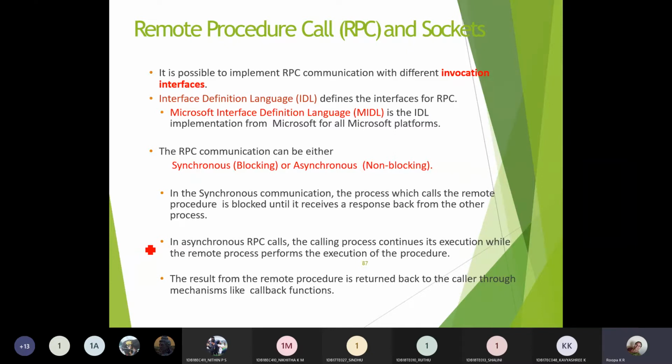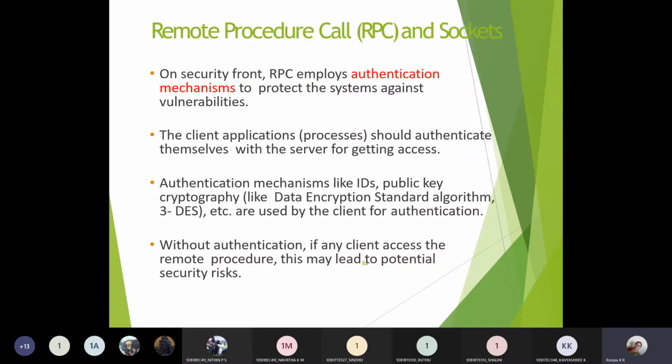These restrictions will be there with respect to student access, whereas these restrictions will not be there in admin access, right? So likewise, in the same way, there are some authentication mechanisms which are provided by RPC in order to protect the information or protect the system against vulnerabilities. So here, along with the communication process, it also gives some authentication mechanisms. So authentication will be between the two processes where the communication is taking place.